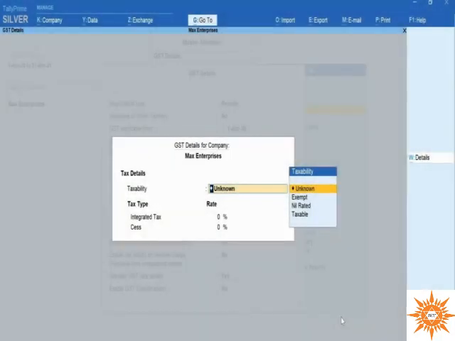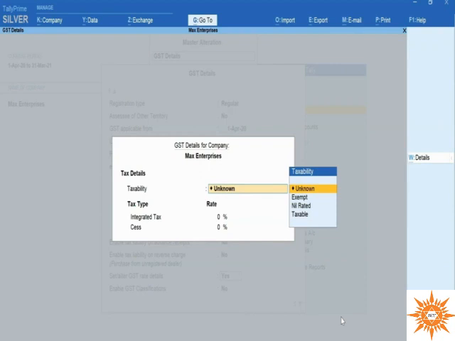Here you can set the GST rate applicable to most stock items in your business. Example, Max Electronics majorly deals in computer parts. They can set the GST rate for computer parts here and it gets applied to all the items in the company. Later, in case they deal in stock groups or items for which a different GST rate is applicable, we will see how easy it is to set the GST rates only for those stock groups or items. Here is a tip for you.